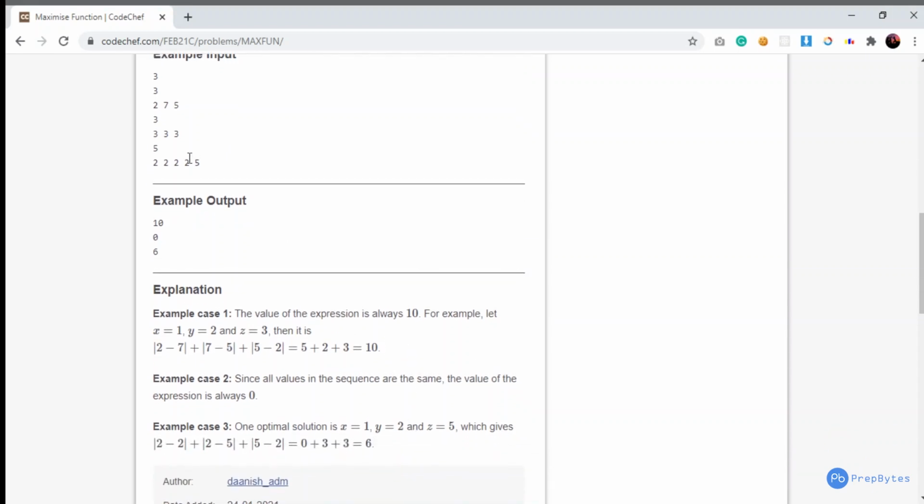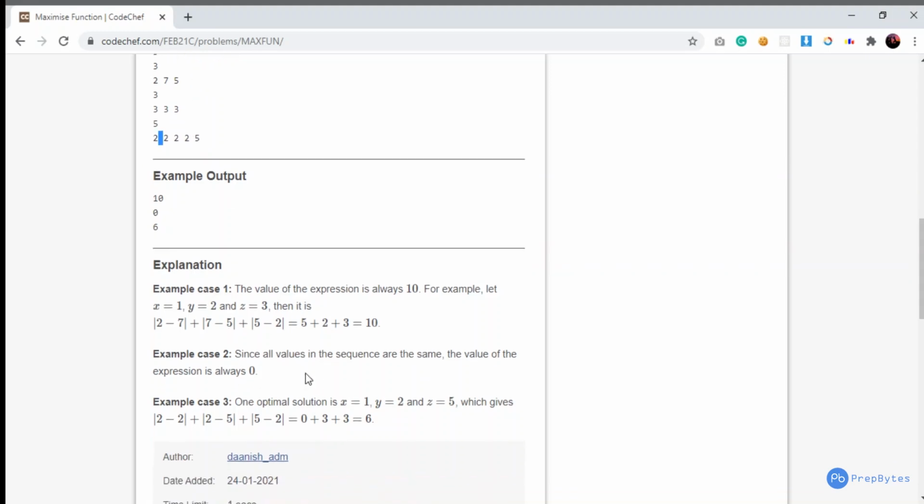The same goes for the next test case, where all the values are the same, so the answer is 0 obviously. For the third test case, which has 5 numbers in the sequence, we can take 2, 2 and 5 as the triplet and accordingly we get 6.